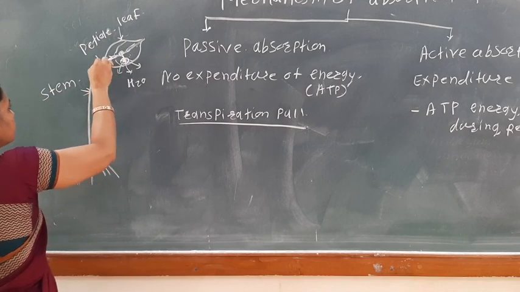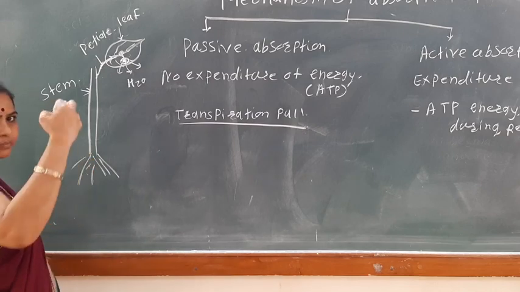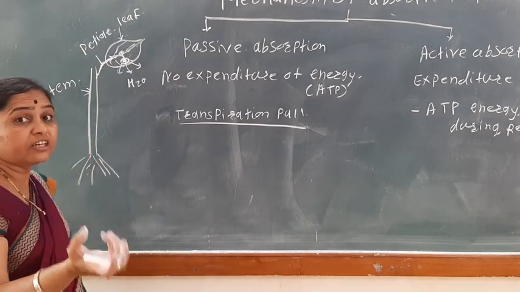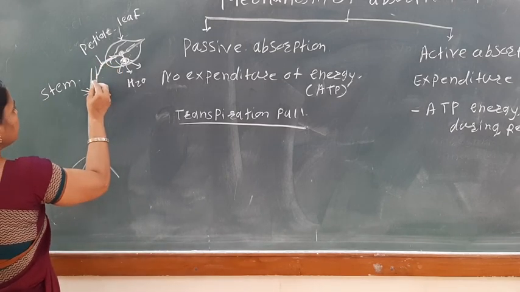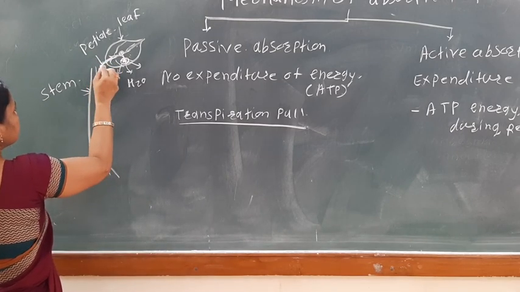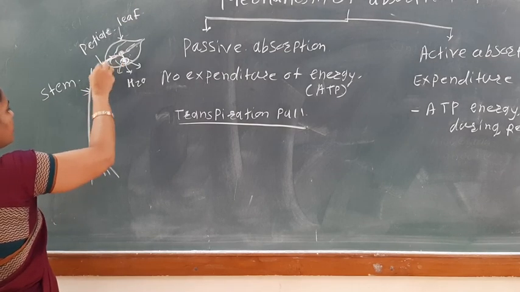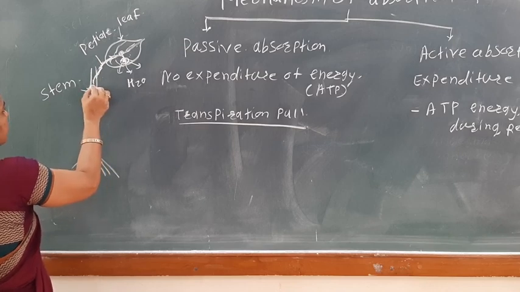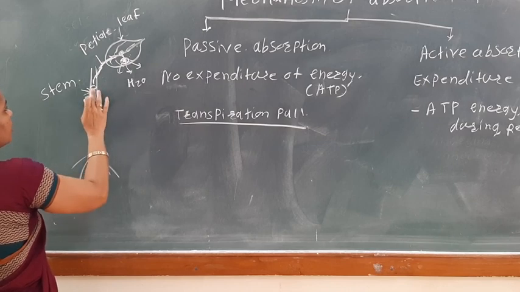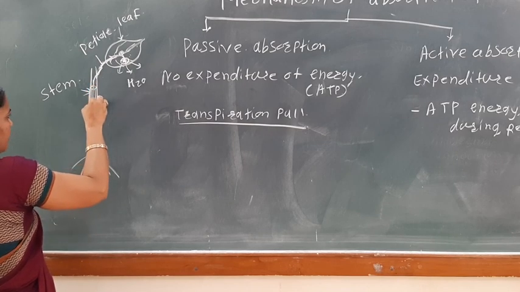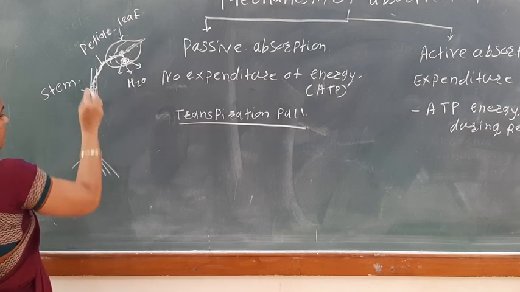Then in the petiole cells the concentration increases, due to which osmotic pressure also increases, DPD increases, thirst increases. And when its thirst increases, what will happen in this petiole? The water is absorbed from the stem. And when water is absorbed from the stem, in the stem there are the vessels and the tracheids, which are the water conducting tissue, and here there is the formation of a water column. Here the water is absorbed from the root, like this root.